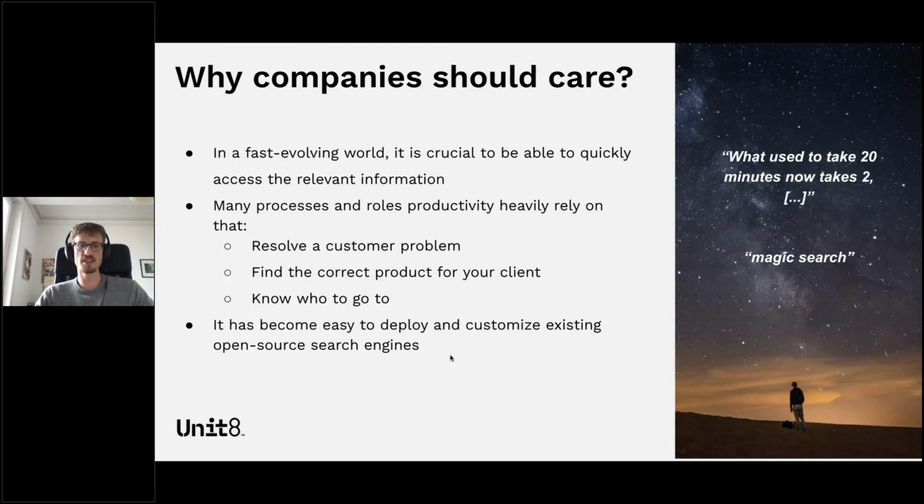Finally, just a word that it has become fairly easy to customize and deploy these systems. So most companies have systems where they have data pipelines or sometimes even a data lake, which makes access to the information easier. So it becomes easy to gather the right information. And then deployment of the search engine has become easier and easier with Docker, or sometimes if you're lucky Kubernetes, you can easily run these tools.